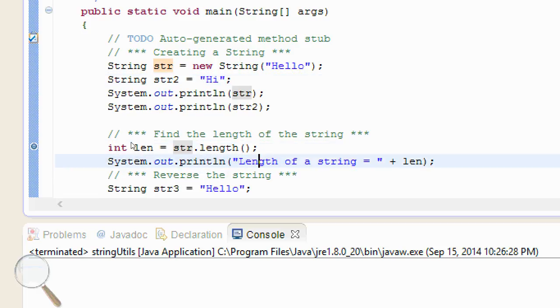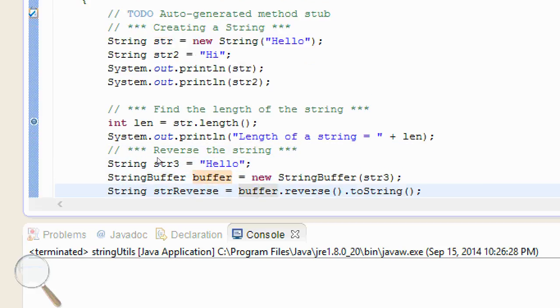Then, how to find the length of a string. There is a function in the string class called length. Using that we can find the length of the string. So we will be printing the length of the string hello. Hello is 5 characters, so it will print 5. And to reverse the string,